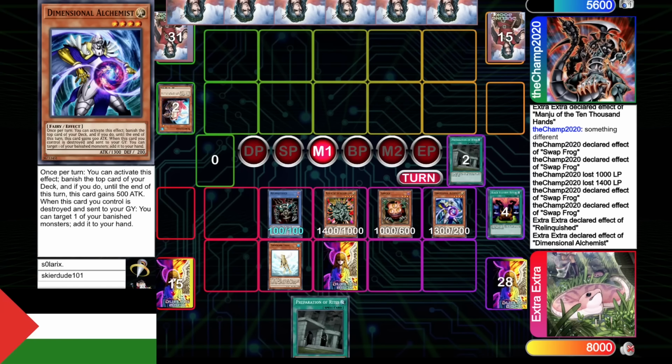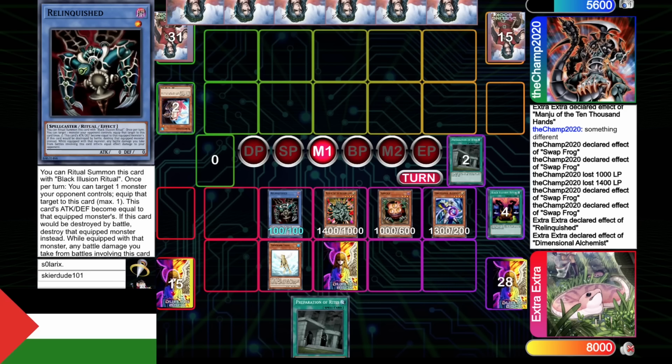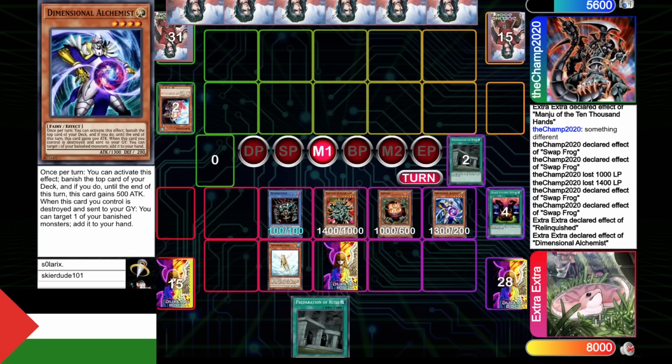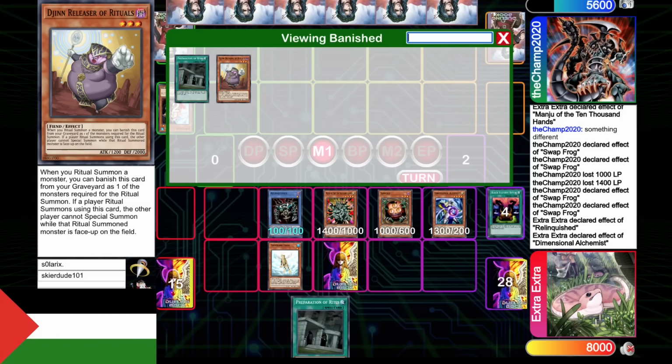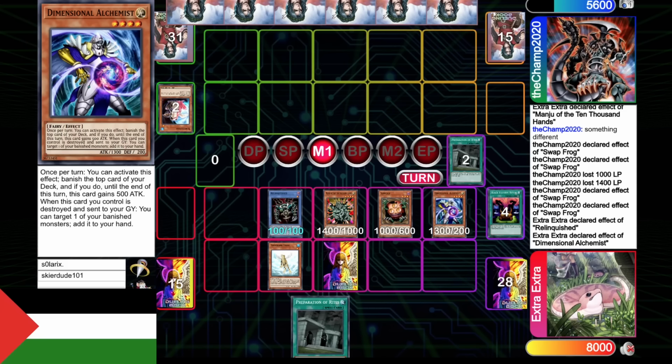And the nice part about this board, too, is even if it gets blown up, even if I get Mirror Force, Torrential, whatever, Manju's already plussed, Relinquish already got us a bunch of damage, Sangan gets us a search, Dimensional Alchemist rebuilds, it gets to add back the Djinn. So it's like, all of your cards just kind of replace themselves,